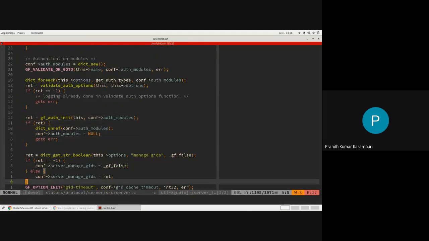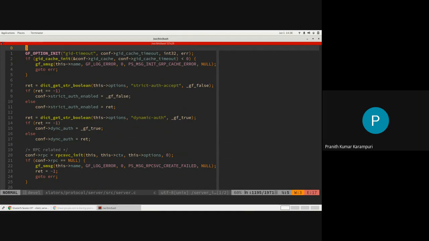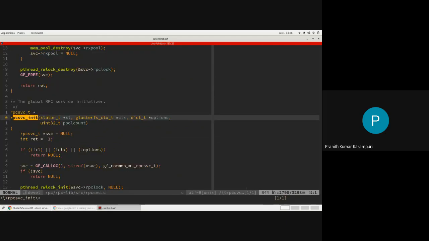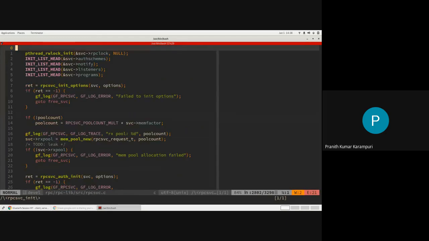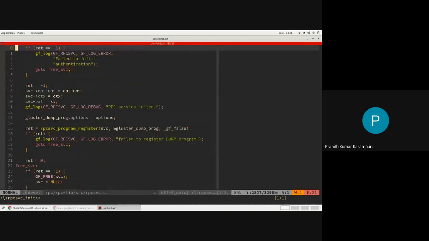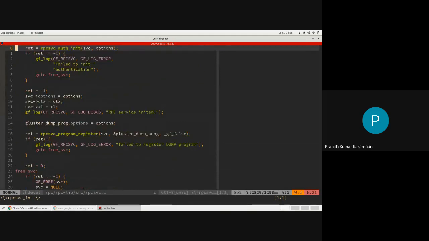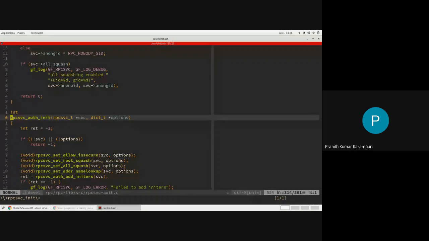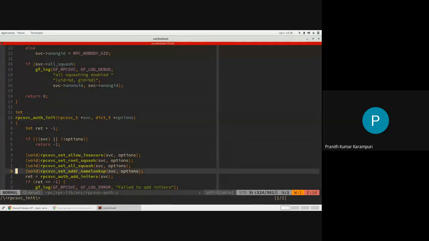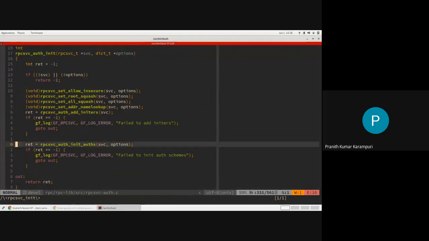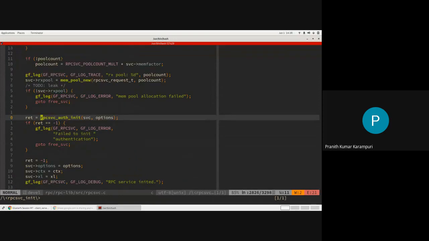Once that part is done, it will do something called RPC SVC init. In this, it will set up RPC SVC auth. There are allow and secure, root squash, and all these options that are related to authorization. It will set them up.